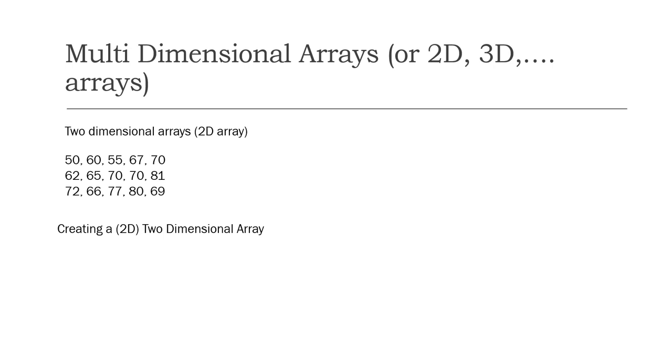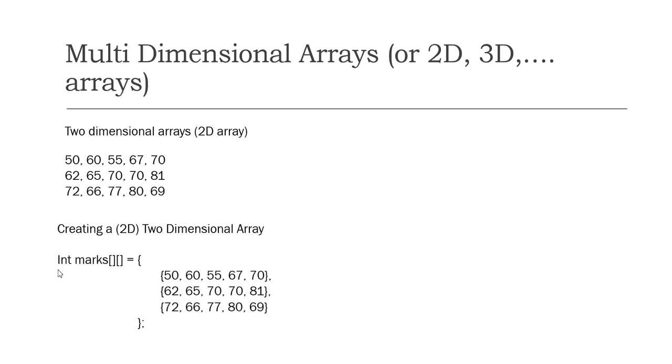First, we can declare the two-dimensional array and directly store the elements at the time of its declaration, similar to the 1D array, right? So here int represents the integer type of element stored into the array and the array name is marks. To represent a two-dimensional array, we should use two pairs of square braces, here two pairs of square brackets after the array name. So each of the elements should be written inside curly braces, and the rows and the elements in each row should be separated by commas.